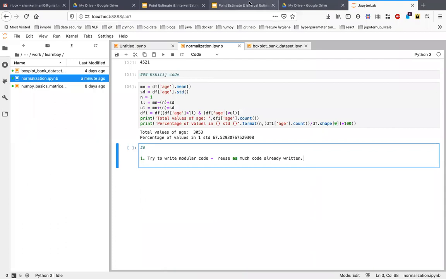Yeah, thank you. Any other questions? Any other doubts? I hope you guys had tried this. I hope everyone has got a chance to write this code once. So the takeaways are: keep your code as modular as possible. And second, I see a lot of people using for loops. You should use pandas and NumPy